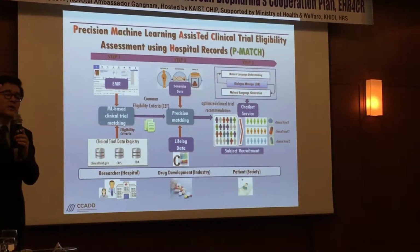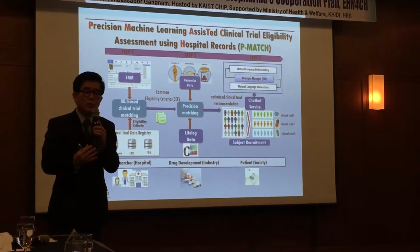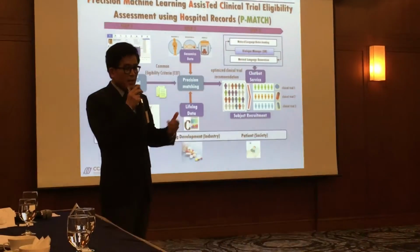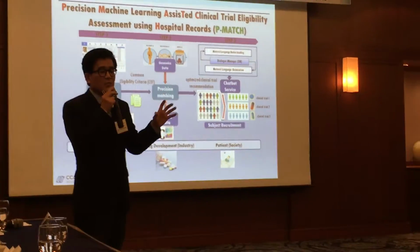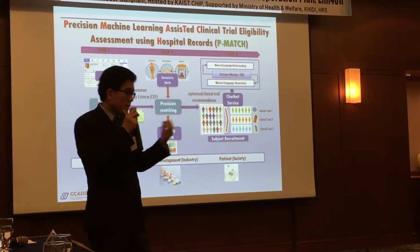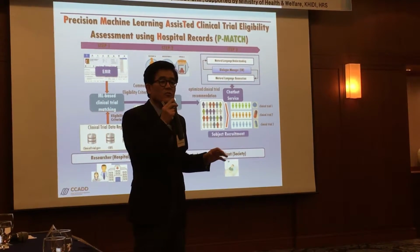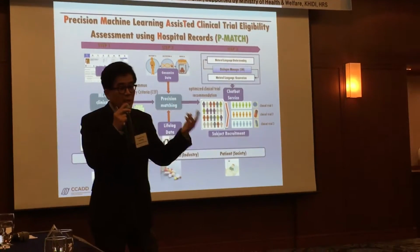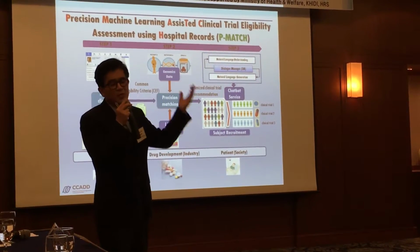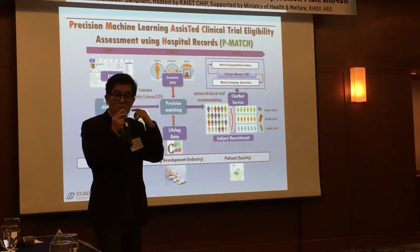Our idea is primarily based on using electronic medical records, but instead of us doing that kind of thing, why don't we ask machines to do it, based on a whole lot of different kinds of algorithms, such as natural language processing, term expansion, whatever. I'm not an expert in machine learning, so I'm kind of mumbling here and there. But anyway, our idea